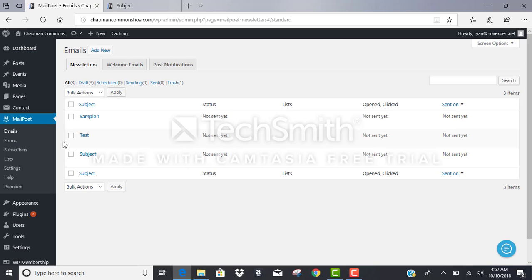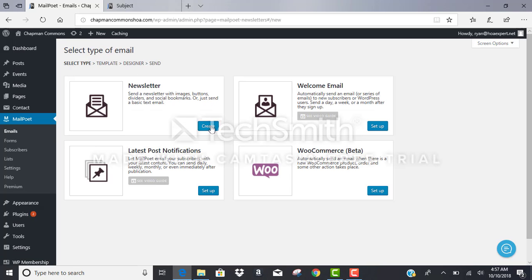Now from here, you're going to notice there's 3 types of emails you can send out. You have newsletters, welcome emails, and post notifications. Now to get started, we're going to create a newsletter. So what you'll do is click Add New, select Create for Newsletter,